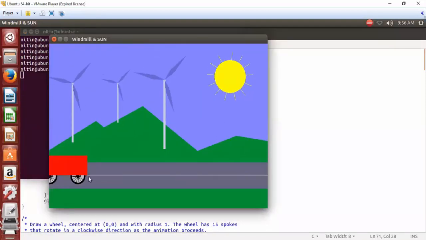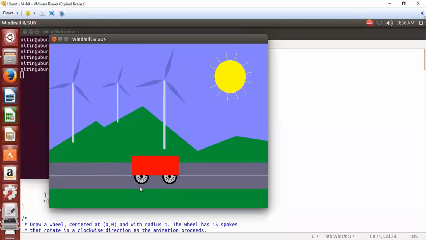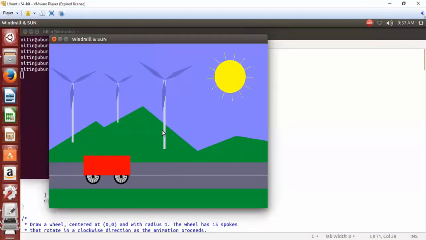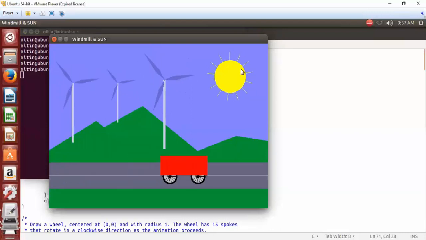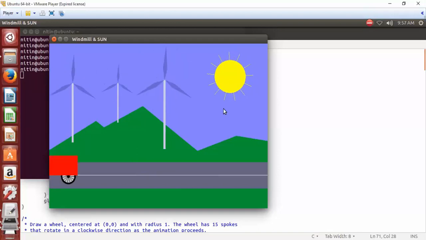We are having one car which is with one square and two wheels. Then we are having this windmill, 3 windmills, and one sun that is also rotating. So that is your 2-dimensional animation assignment.